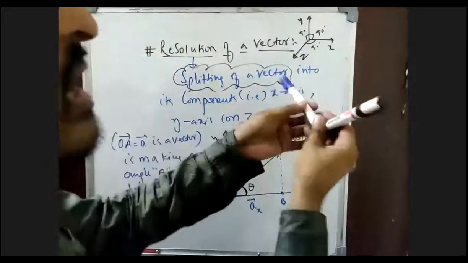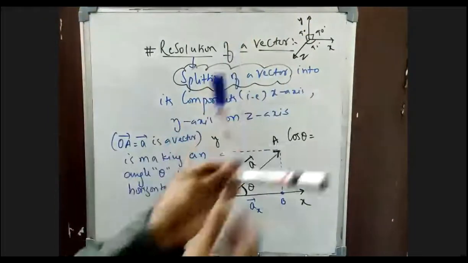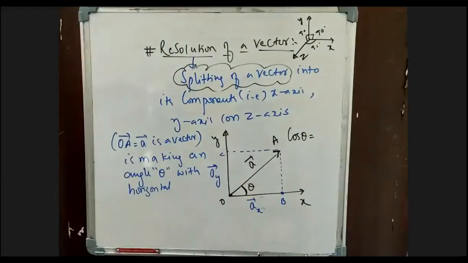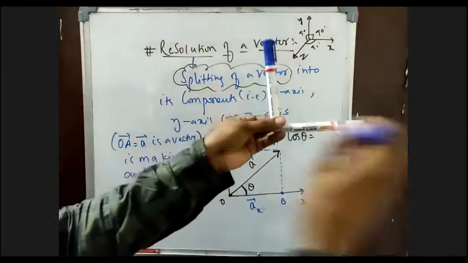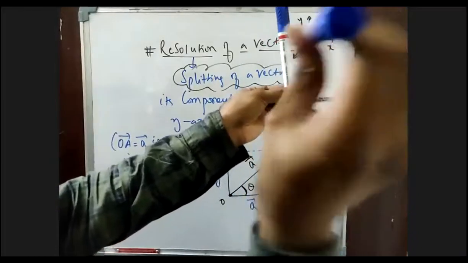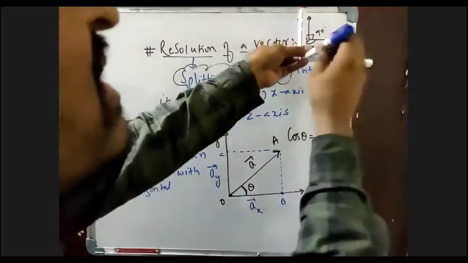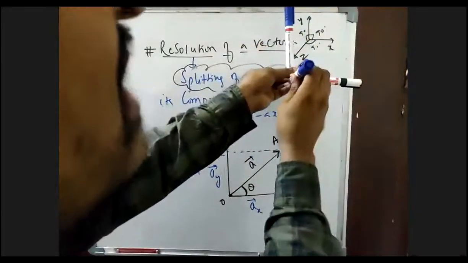So this is your x-axis. This is your y-axis. If I take one more axis perpendicular to these, somewhere here, this is your x, this is your y, and this will be your z-axis, which is outside. I can't draw on the board, so that is the reason I'm trying to draw in this direction. So this is your x-axis, this is your y-axis, and this will be your z-axis.